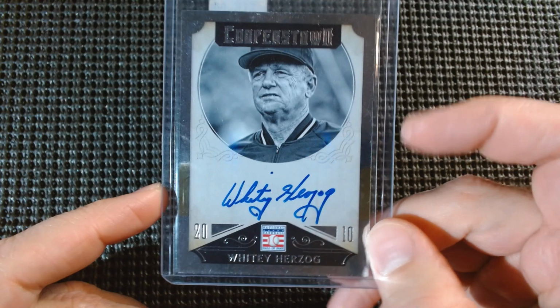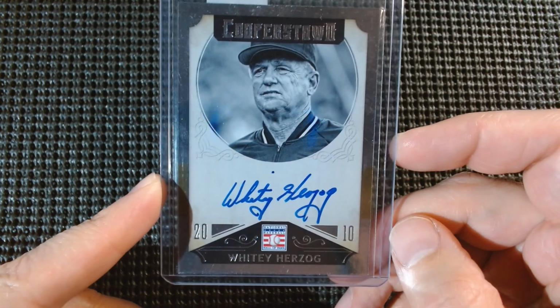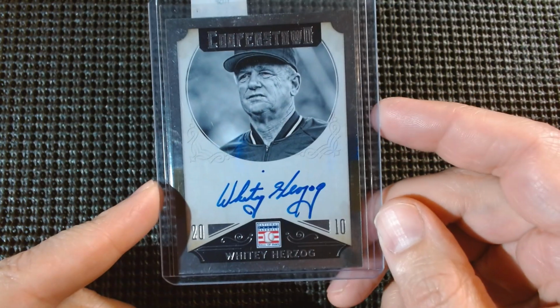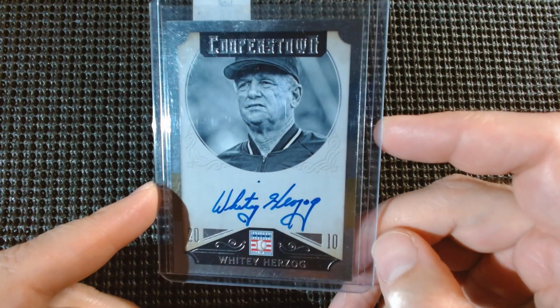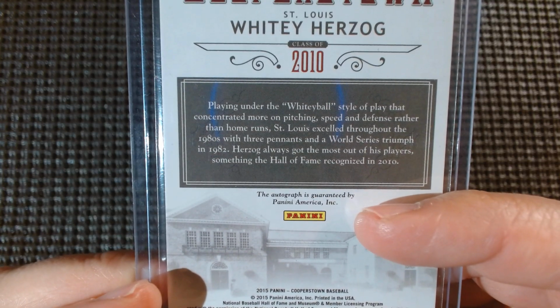And I know he talked about Andre, I believe, during his speech about how Andre used to hit home runs off his team. So he's glad he wasn't doing that to him anymore. But yeah, Whitey was a good manager. The Cardinals had a lot of success during his time. You can read about him there. He's got a beautiful signature, so